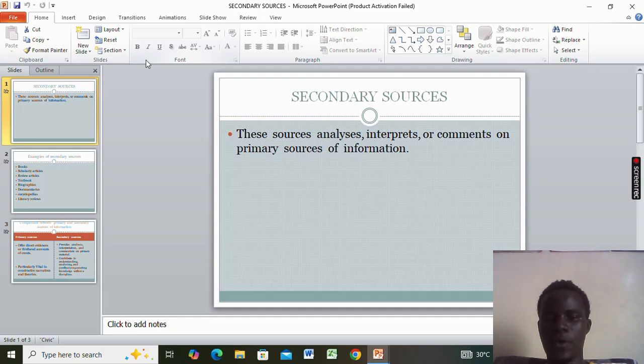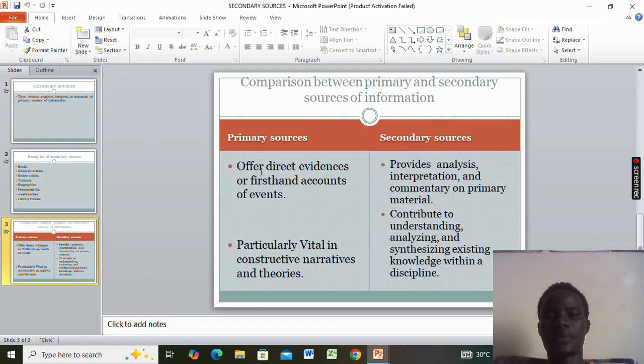Before I go, we will discuss the last one. We will do a brief comparison between the primary sources and the secondary sources. The primary sources basically offer direct evidence and an account of an event, while secondary sources provide analysis, interpretation, and commentary on primary materials.